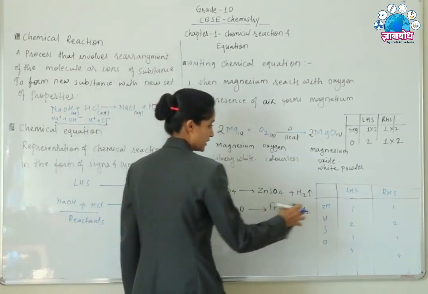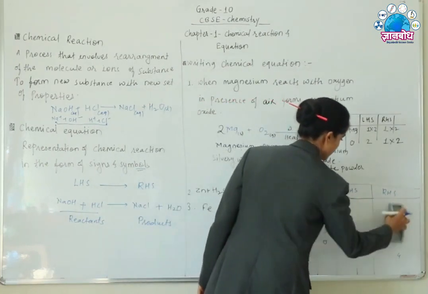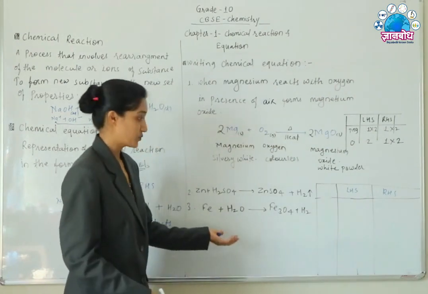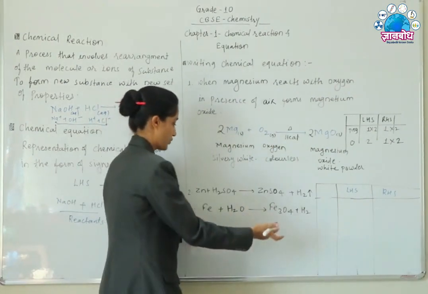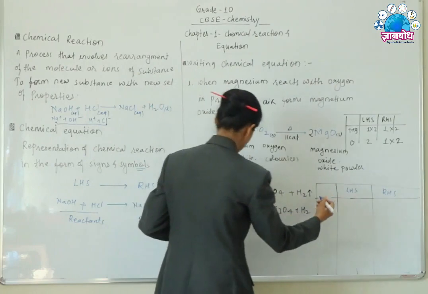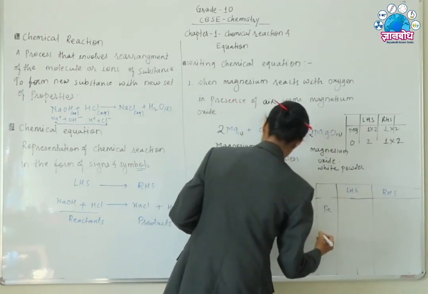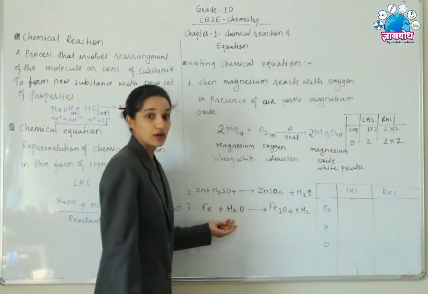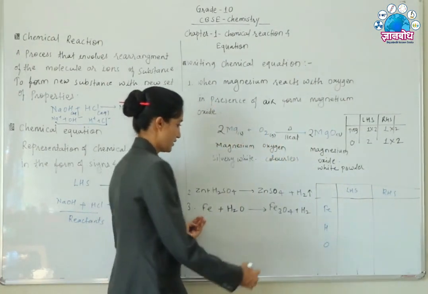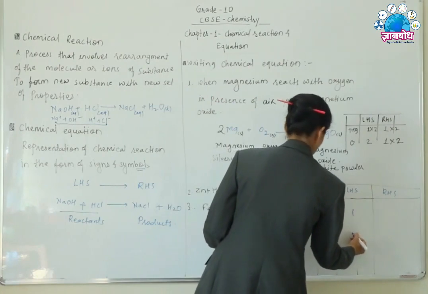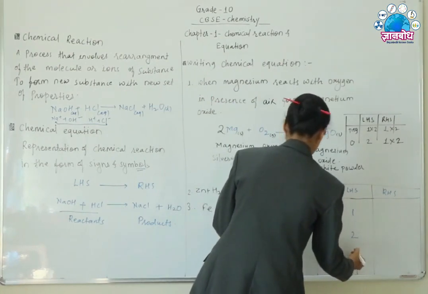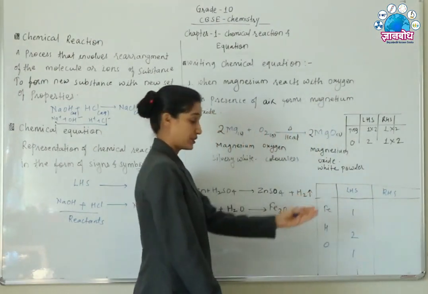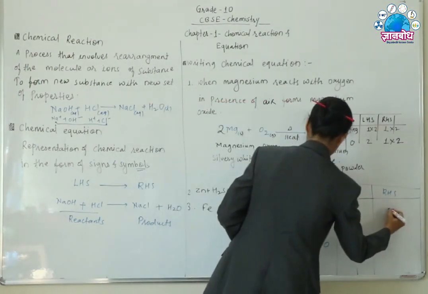Okay, now let's take an example of the next chemical equation. Again, we will go through the steps. Okay, what do we have to write? First, the elements which are involved in the reaction: iron, hydrogen, oxygen. Now count the number in LHS. In LHS, Fe 1, hydrogen 2, and then oxygen here 1. In RHS, count the number: Fe 3,